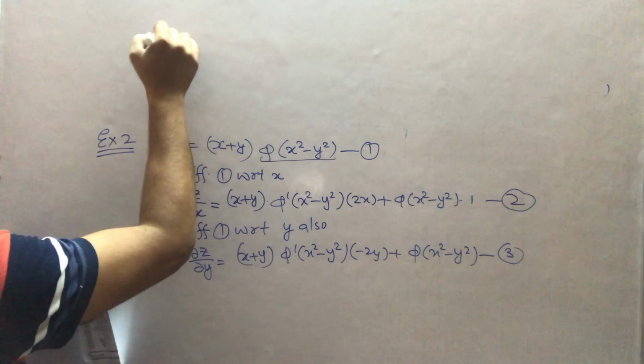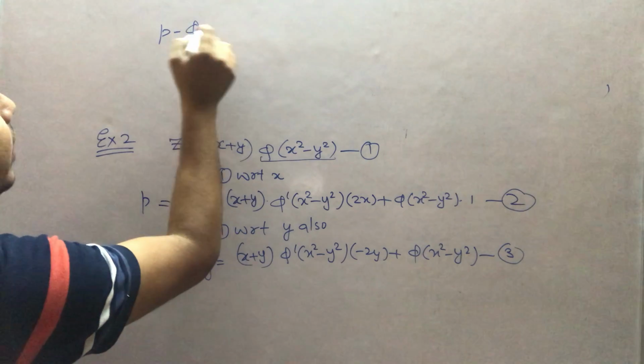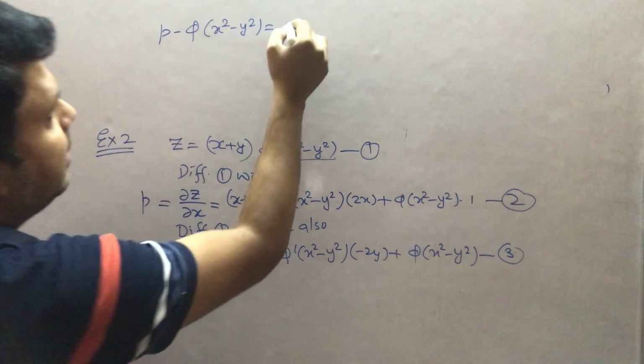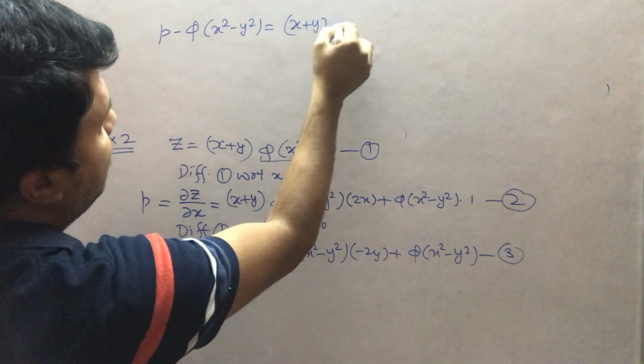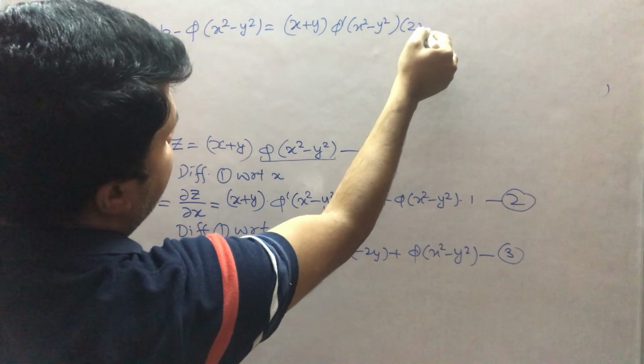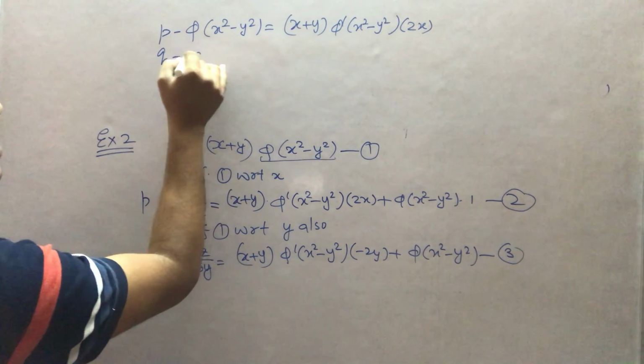So if I write p minus phi of x square minus y square equals x plus y into phi dash, and similarly q minus